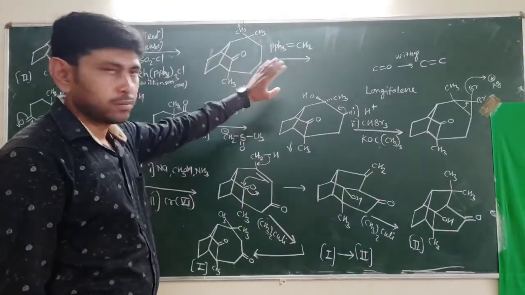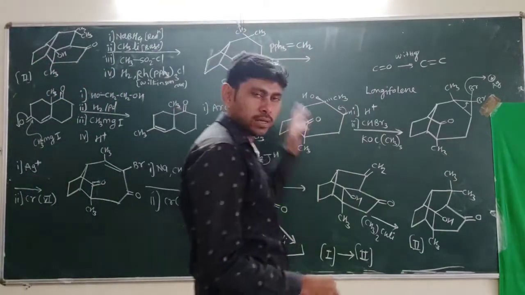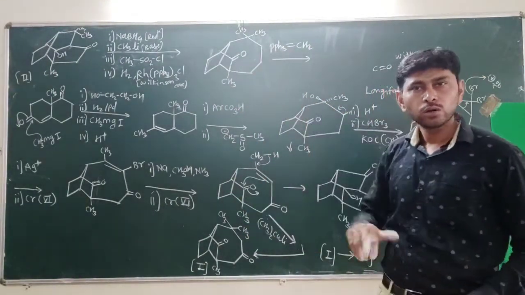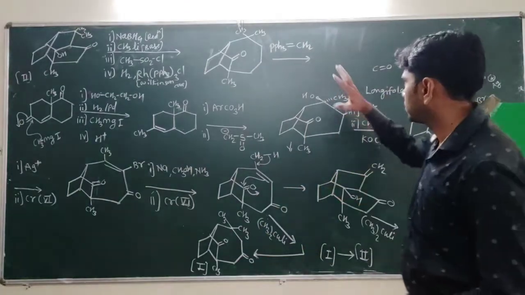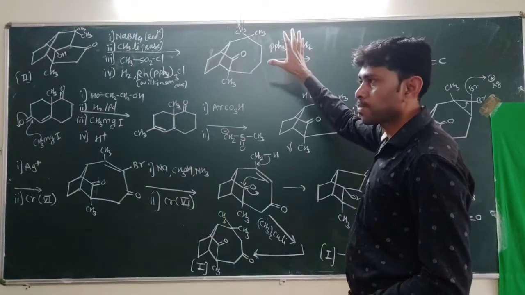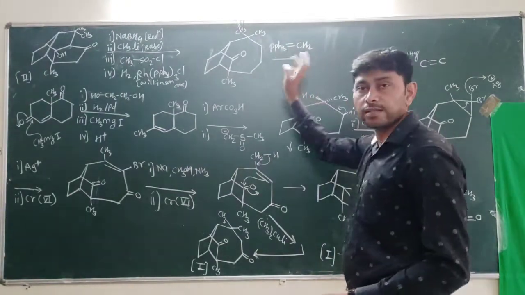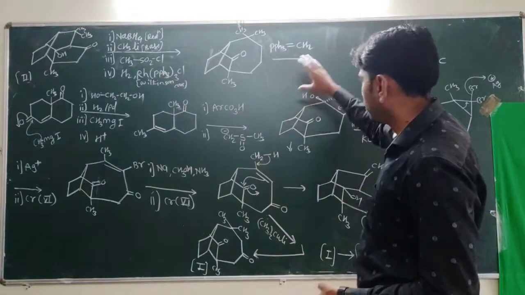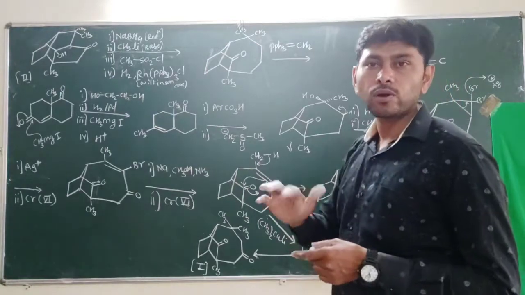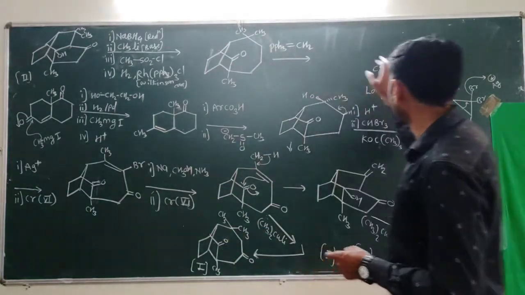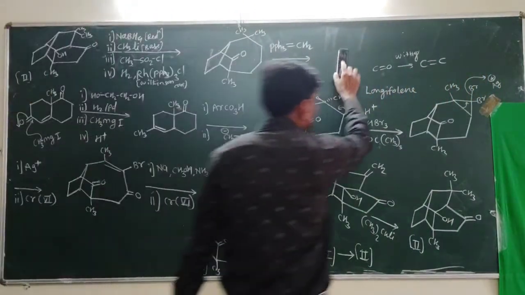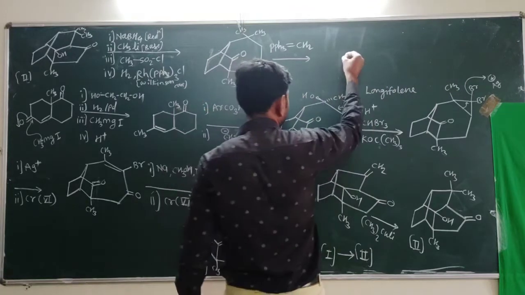CH2. I am not showing the mechanism here, because we know it very well: the conversion of carbon oxygen double bond to carbon double bond can be obtained by using this Wittig reagent, which is a phosphorus halide. We know the reaction took place via one intermediate, we call it betaine intermediate. So via betaine intermediate we convert C double bond O to C double bond C by using Wittig reagent. So the Wittig reaction is there and we obtain the final product.